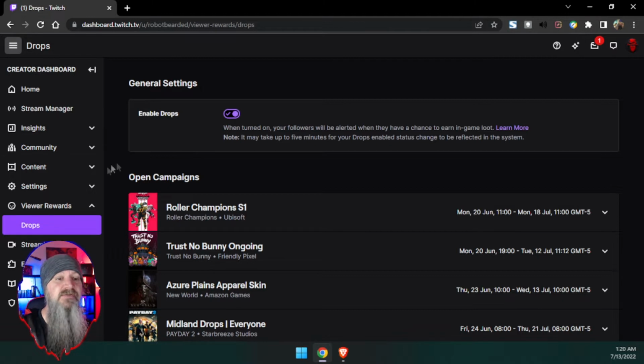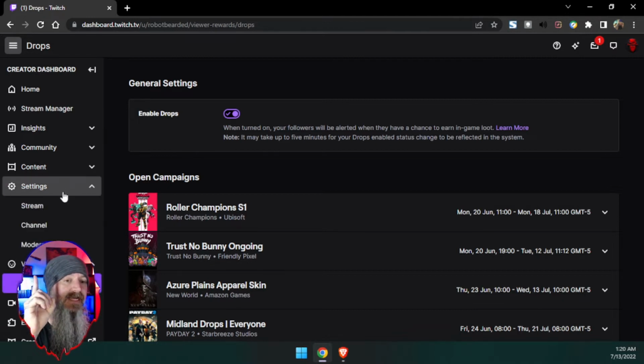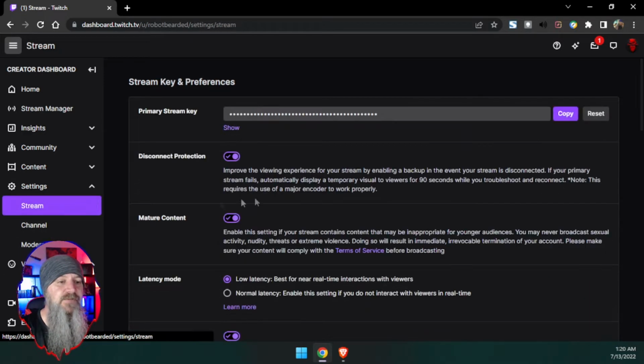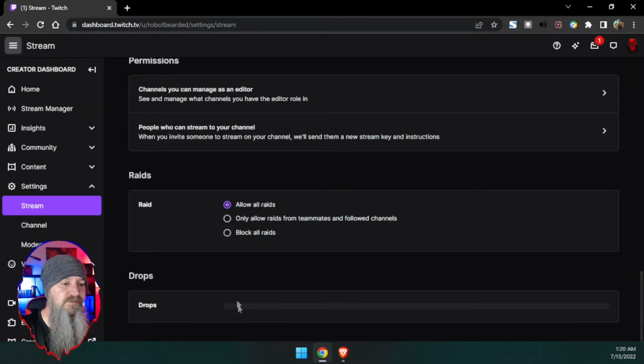So enable this. Now remember, we had the settings before, and I told you, at the very bottom of the stream settings, there was that toggle down here too, right? Make sure that both of them are enabled. Now this won't show up for me, or any new accounts. It probably will look like this. If you are on an older account, say, I think it's 6 months from, so February of 2022 or older,